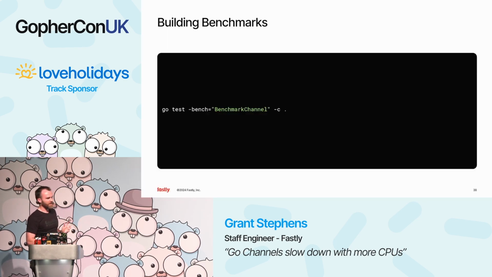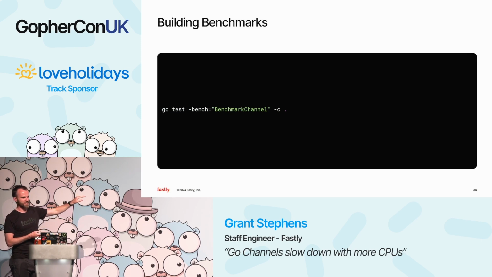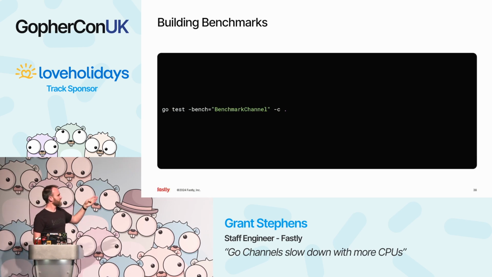Next, this is something I learned along the way. You can build a binary that contains your tests. So this doesn't run the test, just creates a binary, which you can then copy over to your production hardware so that you don't have to have all your source code living on production hardware to run your tests. So we can build a binary that just contains the tests, and off we go, and we can run those in multiple different places. So it's cool if you like, well, it works for me here, what's your performance on your laptop? And you just build them once, assuming they're the same architecture.